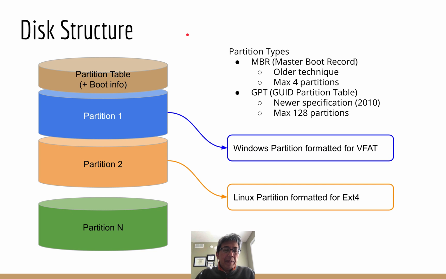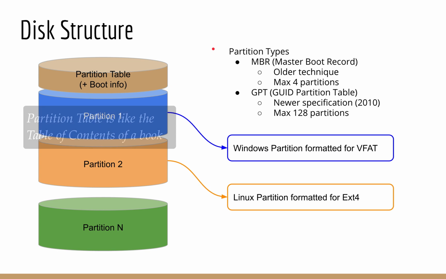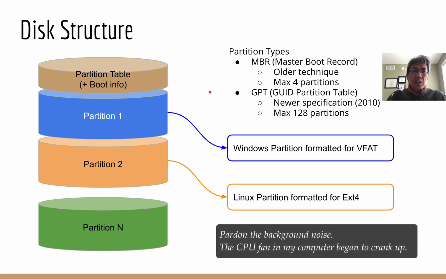A disk can typically be organized into one or more partitions, and that's why you do need to have a partition table. Currently, there are two partition formats that are used in modern computers today. The first one, the old one, is what we know as MBR, Master Boot Record partition. With the MBR partition, your disk can be partitioned only up to 4 partitions. And the newer format is the GPT partition. And with GPT, you can have as many as 128 partitions in your hard drive.